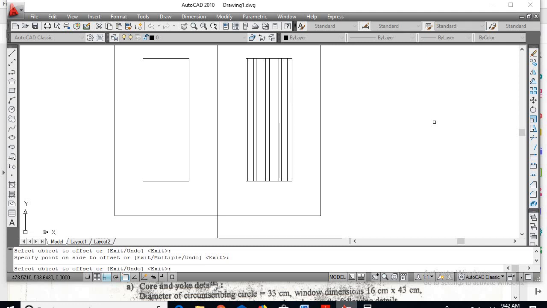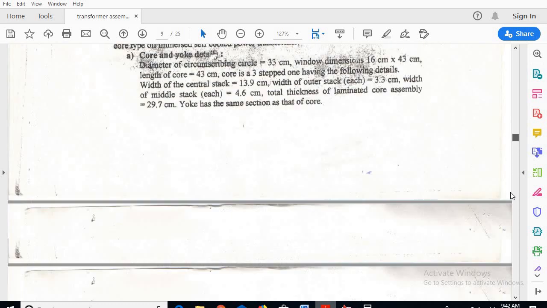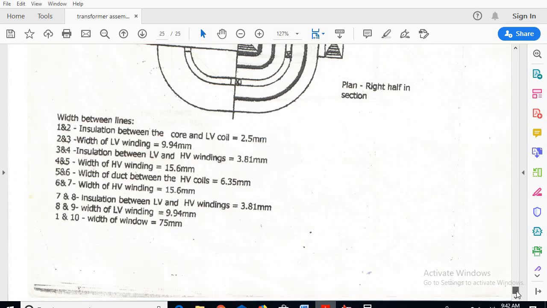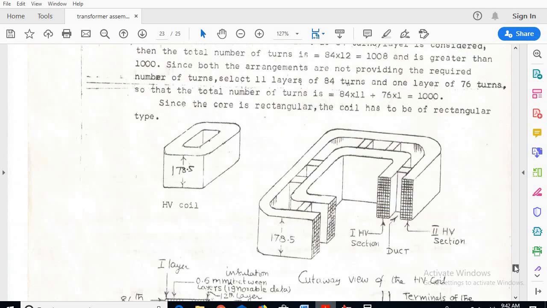Here, later if we want to go for the insulation at the end, we can add the insulation or leave the winding as it is. If I want to go for the insulation, I can, but in the solution he has not shown any insulation part at the end.